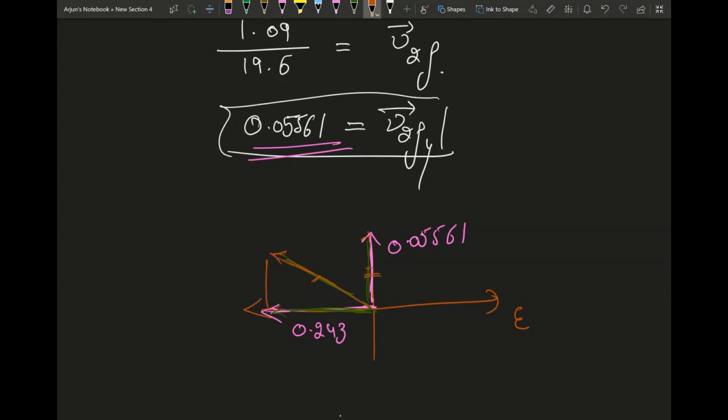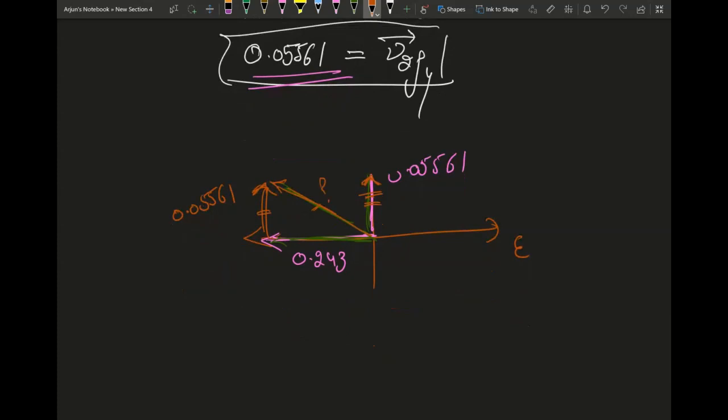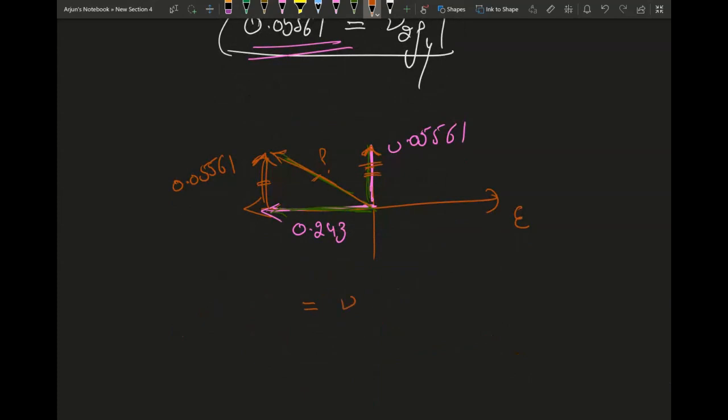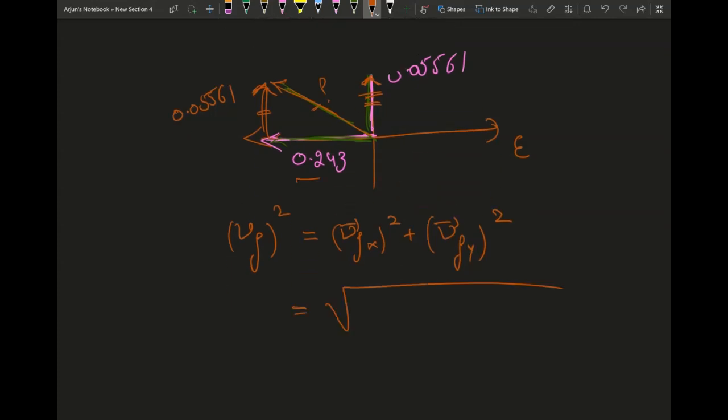I'll replace this vector down here because opposite sides of a rectangle are equal. So thus I replace this to this side, 0.05561. I need to make them equal also. So something like this. Okay. And now I can find out this side by applying the Pythagorean theorem. So this will be equal to V final x square plus V final y square, this is equal to v final, and then square, this will be square root of v final, x